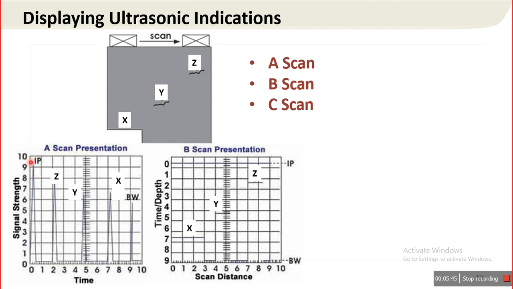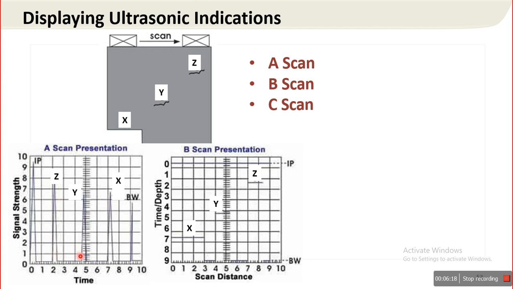So this initial pulse is created at the interface of material and probe. This echo represents this discontinuity Z, which is very near to the surface. As this Z discontinuity is very near to the surface, ultrasound requires less time to reflect from Z. So initially we get the Z indication on the screen.